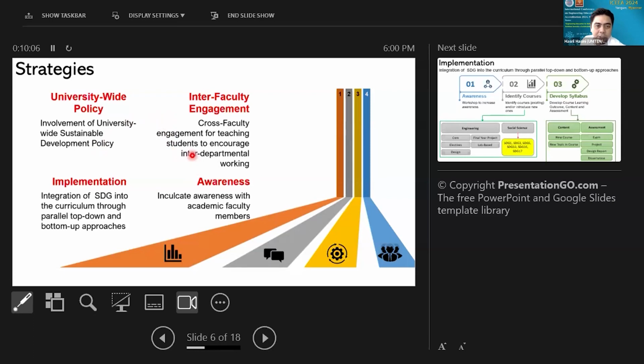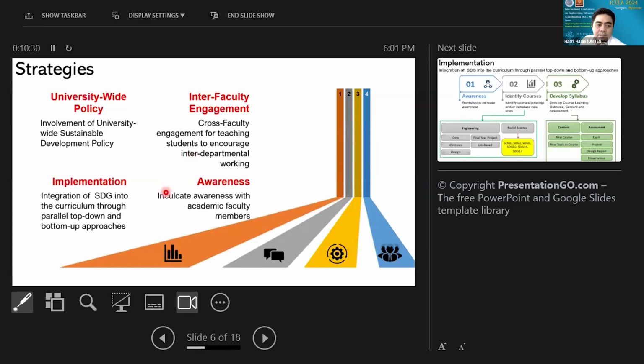Social science plays a crucial part in addressing some of the elements of the SDGs. So as explained by our previous speakers, it has to be collaborative working between the engineering fraternity as well as the social science side.